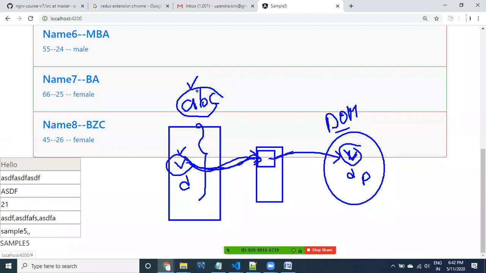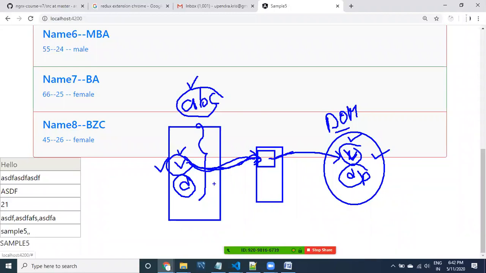There can be such a scenario, guys. If an attribute is available, there may not be a property available for it. But if you take the value attribute, there is a property called the value property. If you take the disabled attribute, there is a disabled property. In this case, for these attributes, properties are available in the DOM.